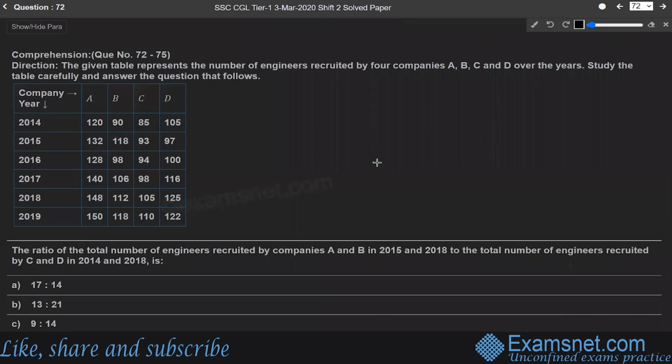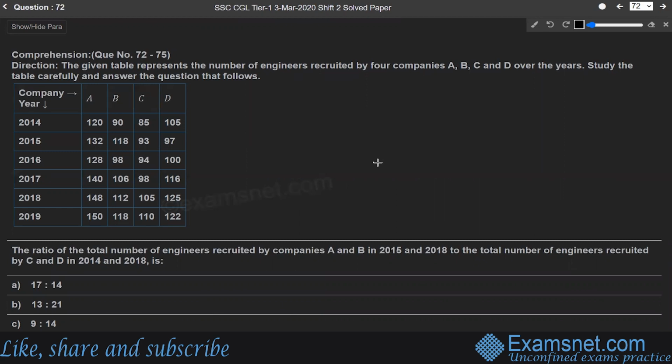Next question have the directions from this question to question number 75. And the directions are: the given table represents the number of engineers recruited by 4 companies A, B, C, and D over the years. Study the table carefully and answer the question that follows. You can see that the table here consists of company and the year. We have 4 different companies A, B, C, D and 6 years